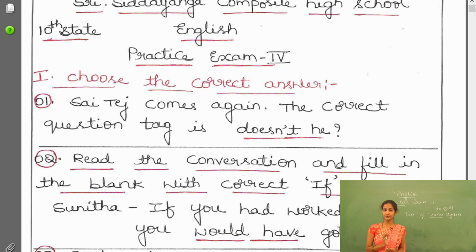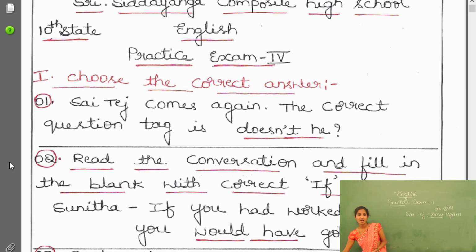So if you write would have, then only it will be a perfect statement. Look at the statement there. If you had worked hard, you would have got first rank. So if clause means there you have to observe what I have to use, wouldn't or would. If you place would have, it will become a correct statement. Depending upon the statement used there, you have to fix would have or wouldn't have. Is that clear?